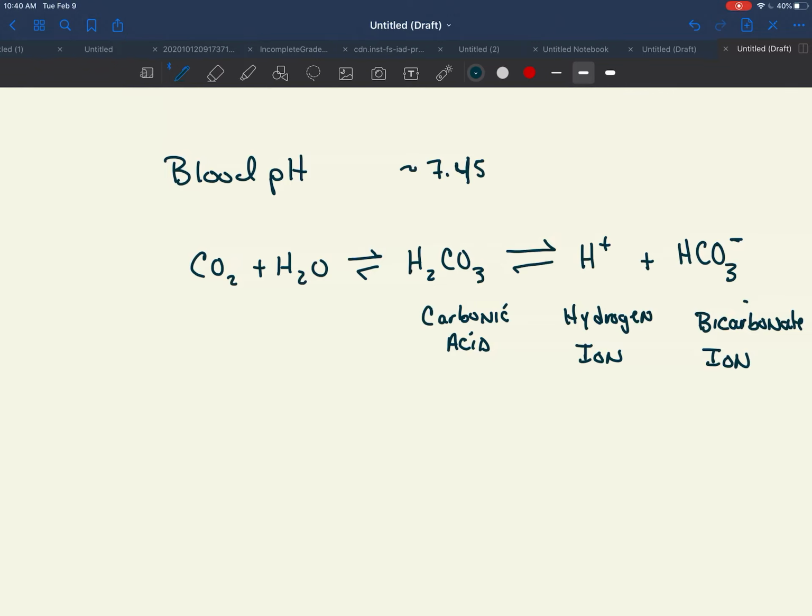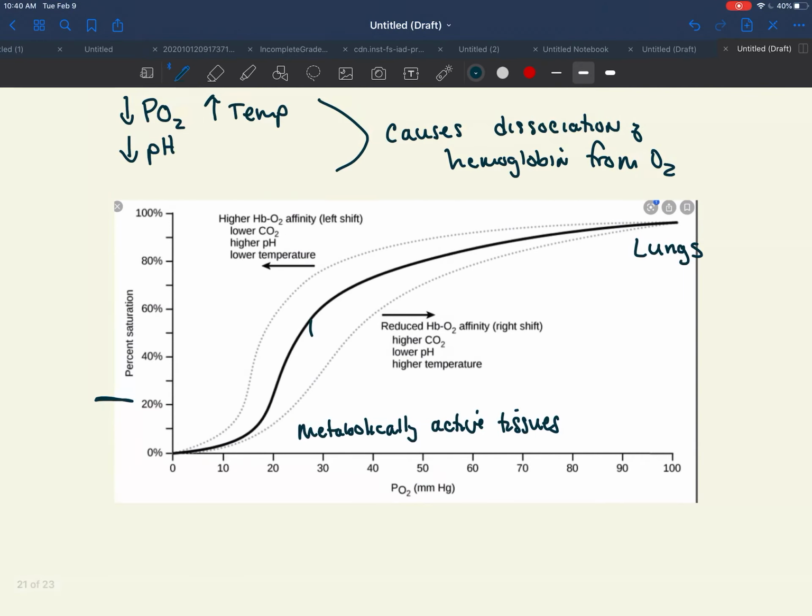So in metabolically active tissues where CO2 is being released into the circulatory system, we're going to get the production of carbonic acid, and then it's going to dissociate, and it's actually going to lower the blood pH. And we'll notice that in lower blood pH, it actually changes the shape of this curve. So here, they call this the Bohr Shift, where hemoglobin will behave differently under low pH, high temperature. So you'll notice here that under low pH, it actually releases its oxygen much more readily. And that is different when we look at low CO2, high pH, then it doesn't release it as readily. And so that is how hemoglobin and oxygen dissociate